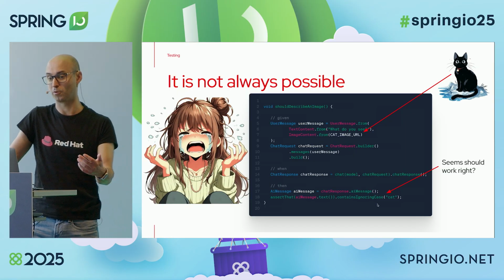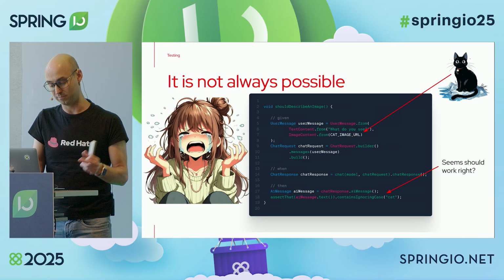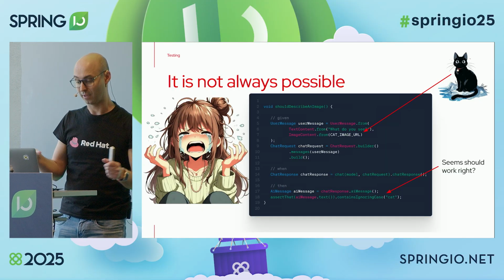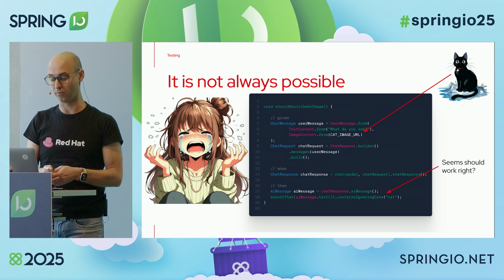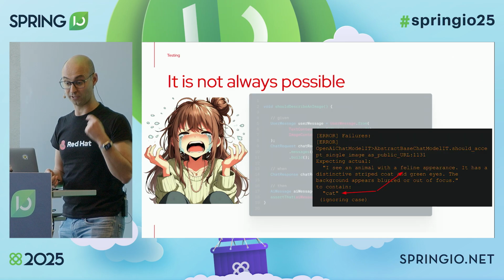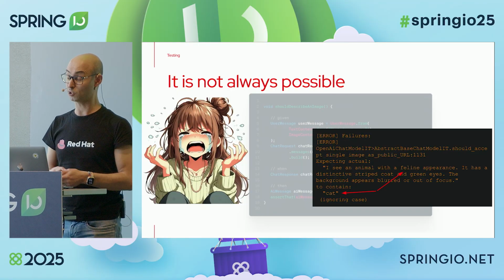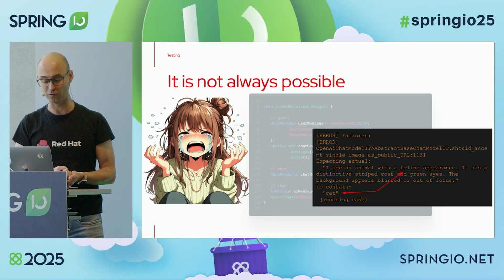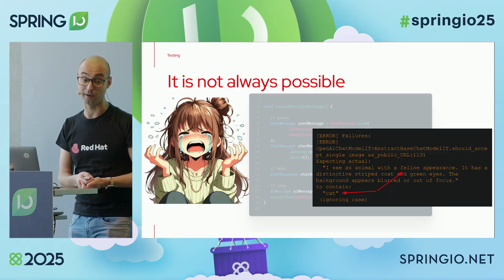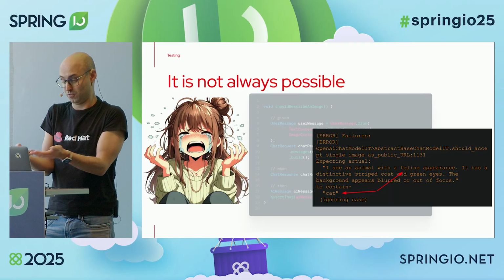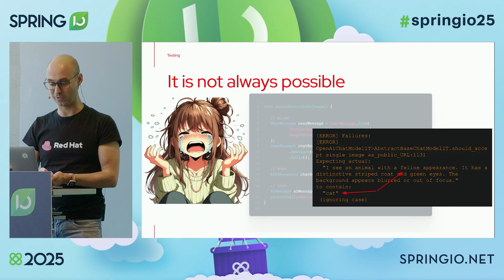Because it can respond, "This is a cat," or it can respond, "I see a cat," or any of these possible responses. And you might say, oh, it will return true, so yeah, it will work. Well, yes, it will work until the text is, "I see an animal with a feline appearance," which is true. The problem is that the test checks that the text contains "cat". So yeah, this test is going to fail, even though the answer is correct.